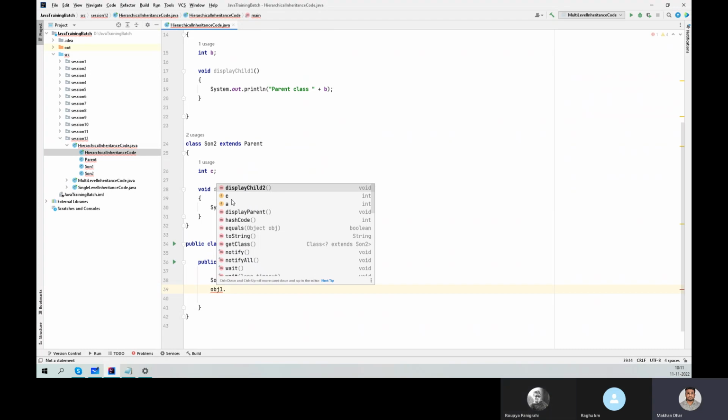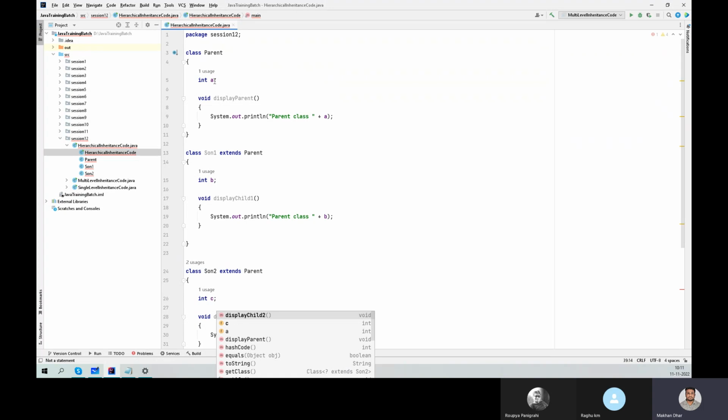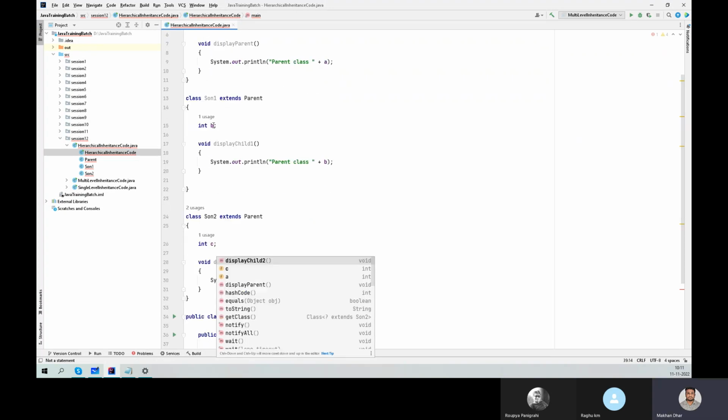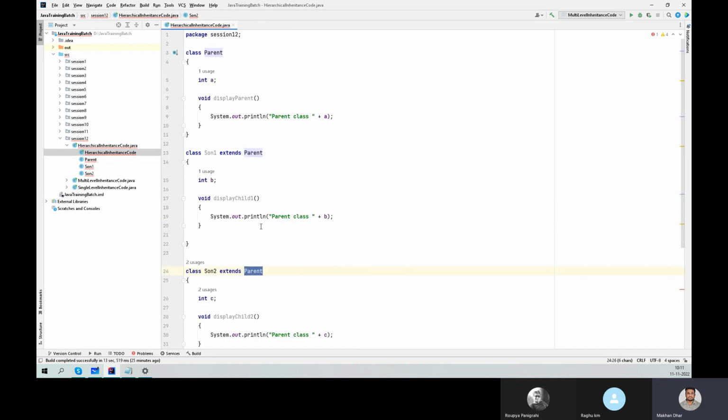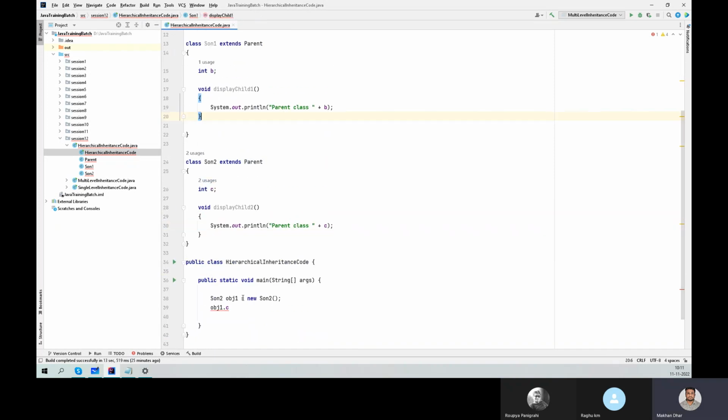And C and A. So C also belongs to that son2, but A belongs to the parent. But we don't see B, the son1 property, or display child 1, because it's independent. So the moment you extend the parent directly, it will consider it like it's a